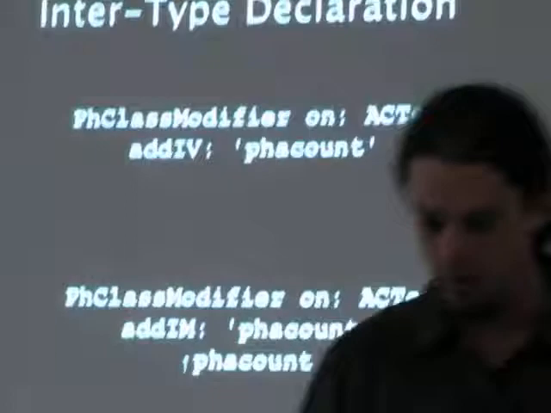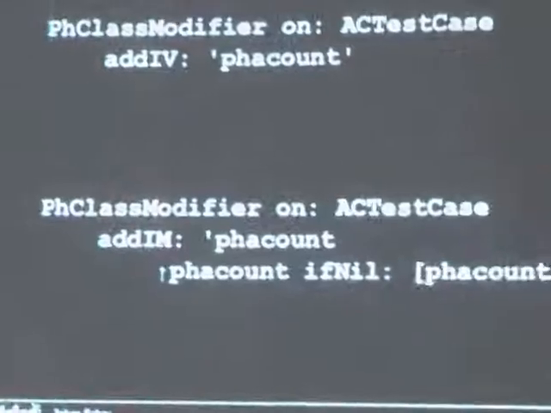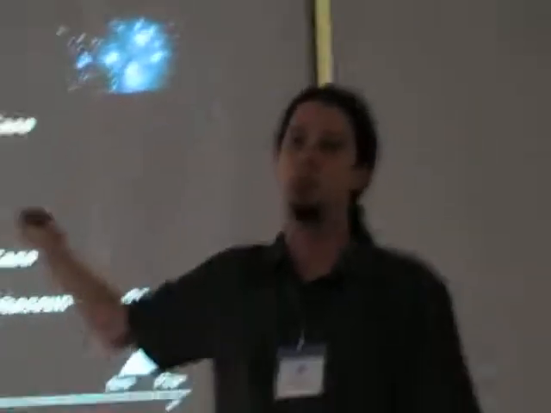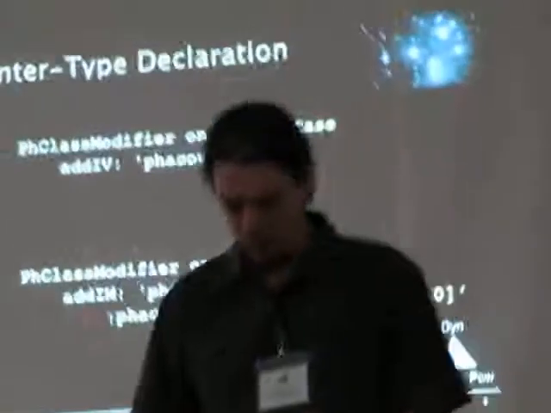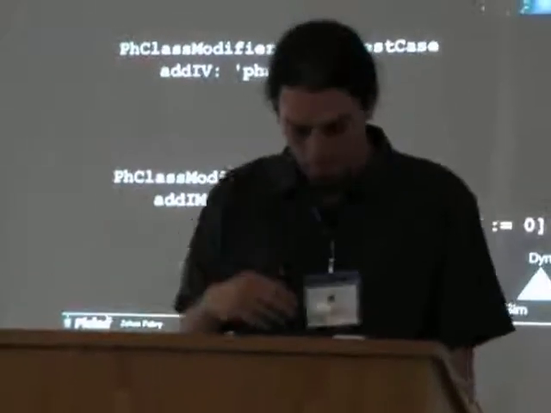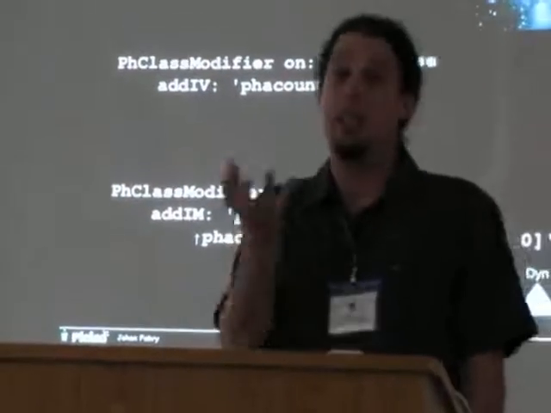I can do it with the method. I can add this method on this class. I have to add it as a string, because what actually happens is that it's going to be compiled in the context of the object of the class where it's added, so I have it as a string. So it's dynamic. Again, I can add it, and I can remove it from the running system. It's simple.